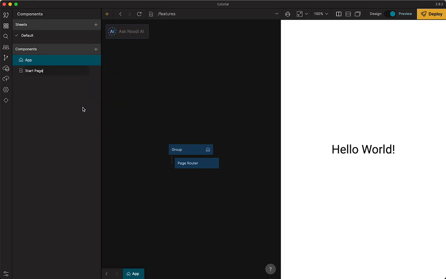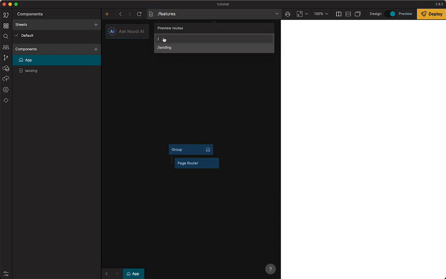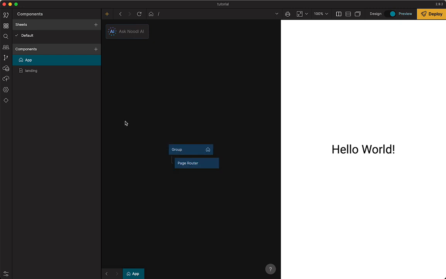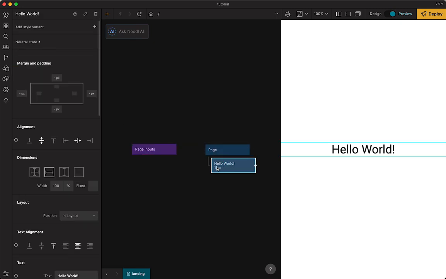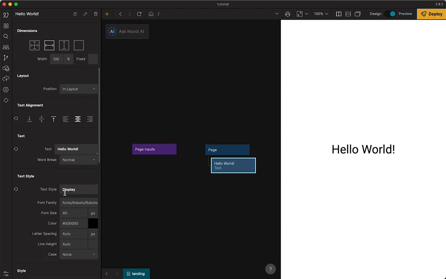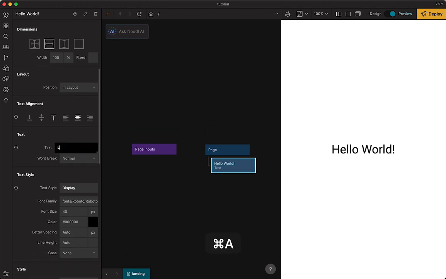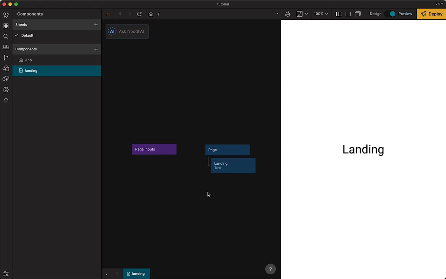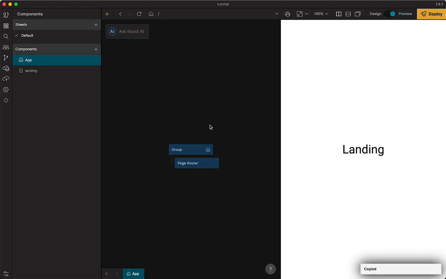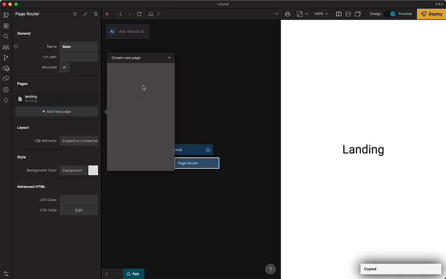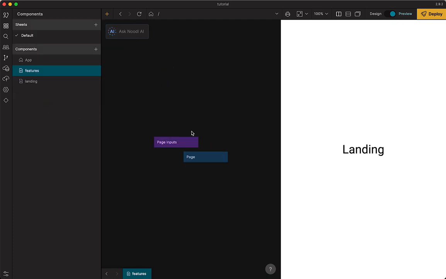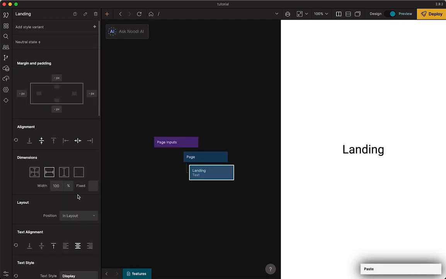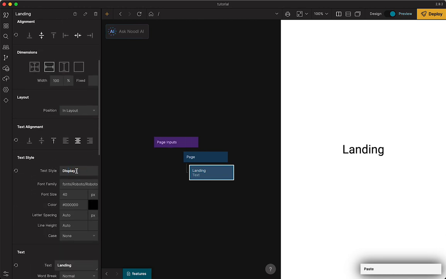So first, I rename this one called landing. I should break my preview. Fine. Go back here. And in this landing page, we're going to change this text to say landing. And then we're going to just copy this. Or we're going to make a few more pages. We can do it here. So features, right? And I can switch to that, put that in here, and go right here,